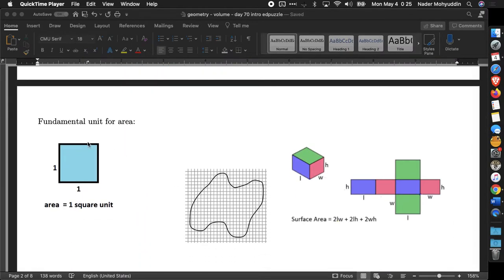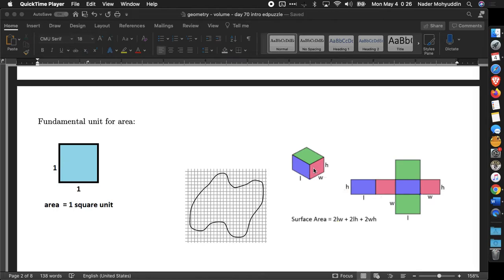Area fundamentally dealt with squared units. So if this was 1 inch and this is 1 inch, then this would be 1 square inch, or centimeter and centimeter for square centimeters. And when we answer questions like what is the approximate area, or what is the surface area, or what is the exact area of an object, we're thinking about how many of these blue blocks fit on a space of some shape. Maybe it's irregular, maybe it's regular, or how many of these blue blocks would tile the entire surface